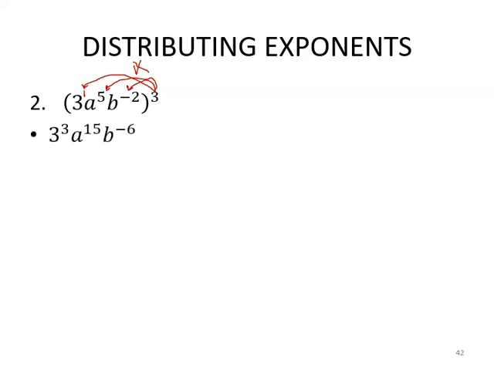Now, 3 cubed will give you 27, but immediately when you realize that the base has a negative exponent, you will take the whole base and its exponent to the denominator. If the negative was in the denominator, you take them to the numerator, okay? So those 2, I'm going to take them to the denominator,